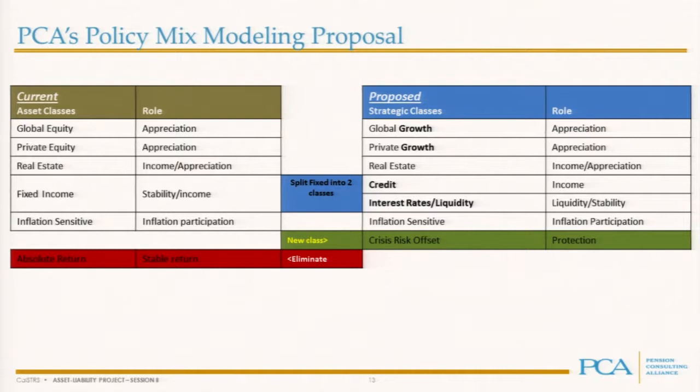And it's basically a class that is going to respond well when the equity classes are not doing well. And we think, at this point, the key is to get it into the modeling process to examine it. It's not necessarily to approve an allocation, but just to study it hard because we think it warrants research and a look. And so what I want to do is just for 1 minute, just pass it over to John Linder, my colleague.